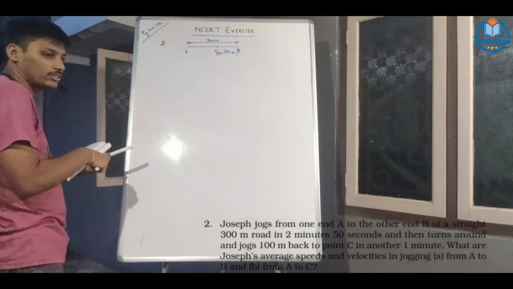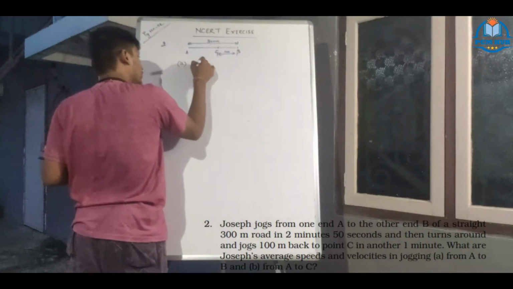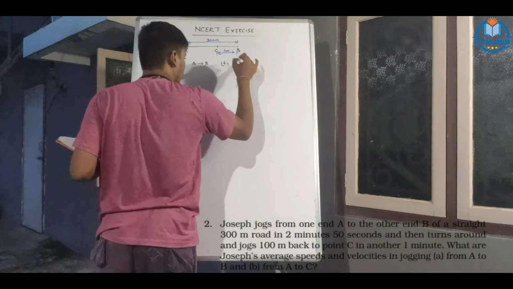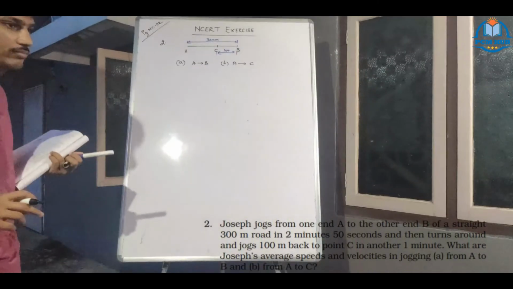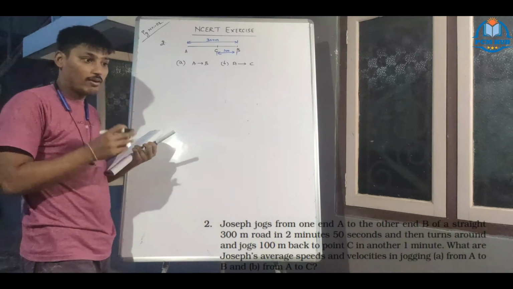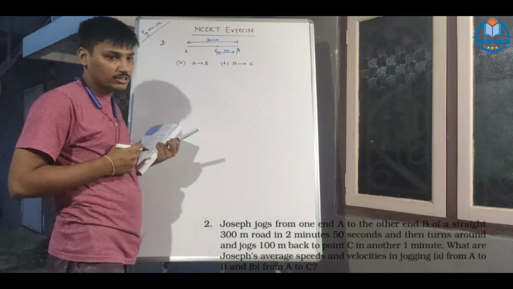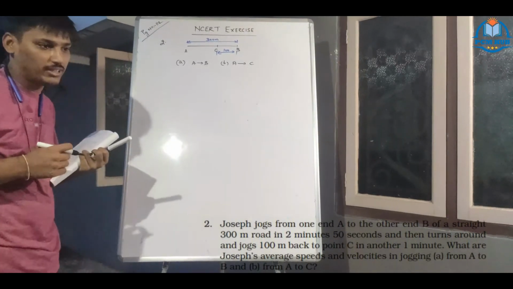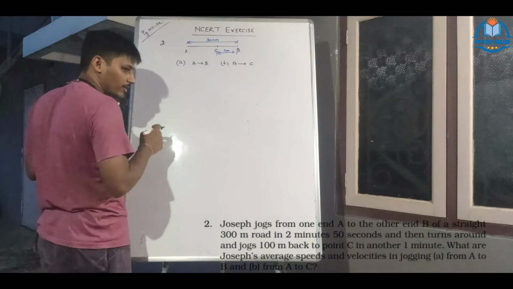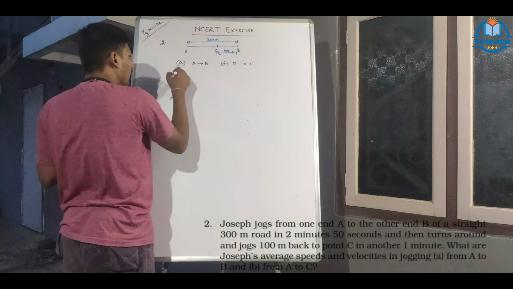What are the average speeds and velocities? Two conditions are given: A to B, and A to C. The one is the whole journey, and this is only part of the journey. We already did that trains exercise, na? You might have understood from that example, the Yeshwantpur Howrah train, where we got all the average velocities and speeds. Exactly similar to that, this problem will go. Clear? So the solution is, now take the first condition.